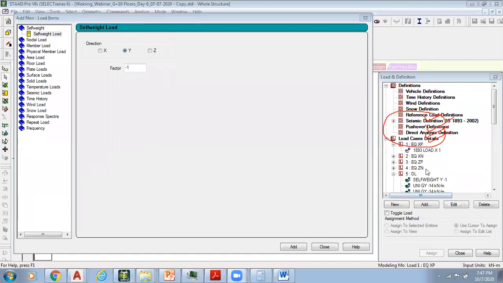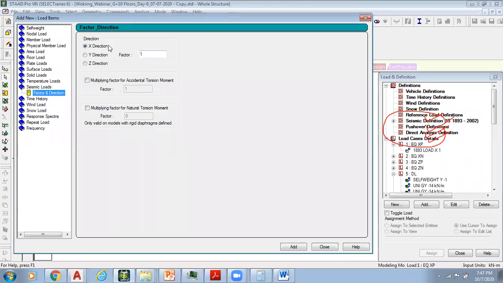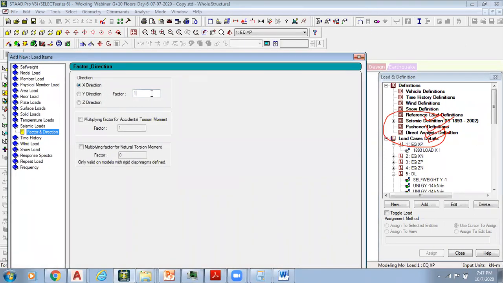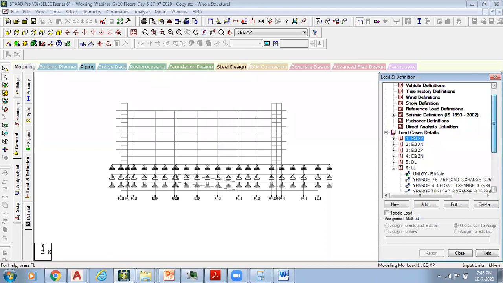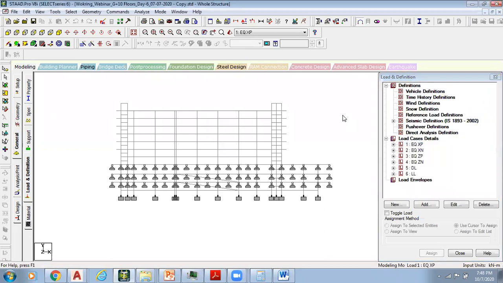So we have to go to this earthquake X positive, add here, and then go to the seismic loads. I have to click this X. Since it is a positive direction, indicate positive 1. If it is negative, then X, here you have to indicate -1, and then for Z, select this Z, with negative and positive directions, right? So this is what we have to add, or we have already added to this structure in the last session, right? Yes, now we are on track. So this is what we have done.